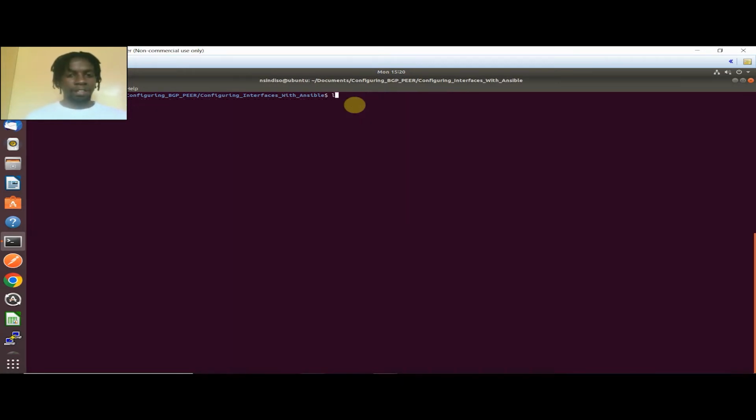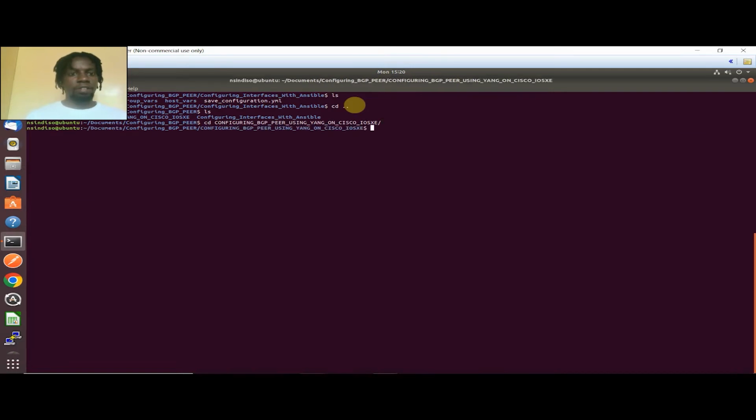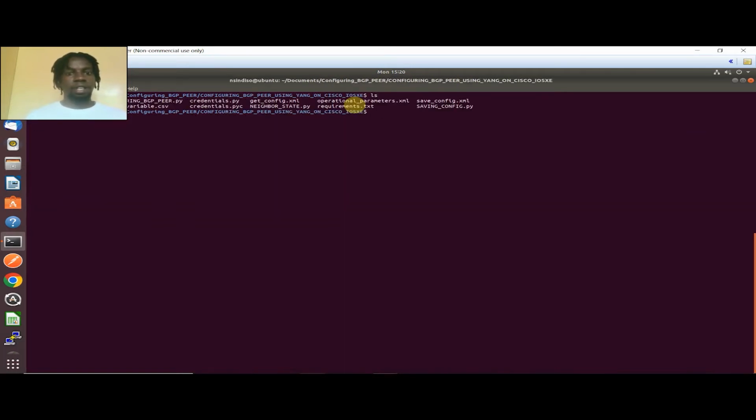Right, clear, and we're good. So now we got to see the list. Now we see the configure BGP list. So now when you enter a virtual environment, so our scripts work, we activate our virtual environment. So what we write is python configuring BGP.py. Alright, before we run the script, let me just give you a few minutes to explain